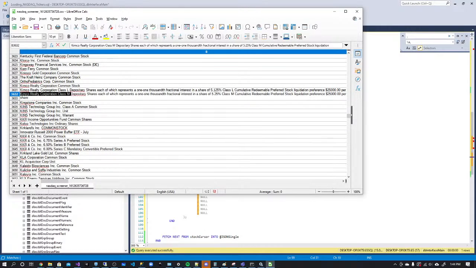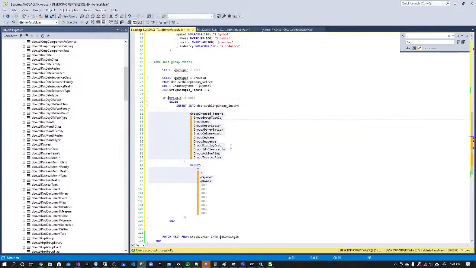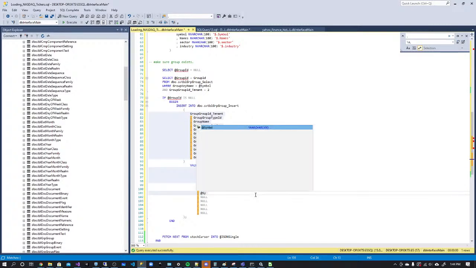Kimco Realty Corporation, Class M, maybe even right here. But I don't care about all this information. It's not part of the name. It's just some information. So I'm going to throw that in descriptions, and we'll figure out how to get real names later. Probably a different API will help me